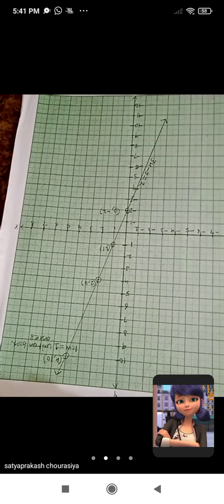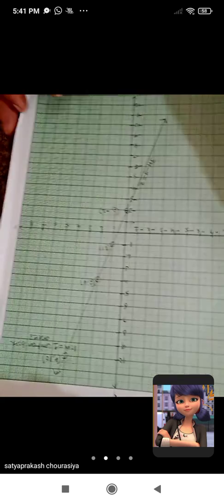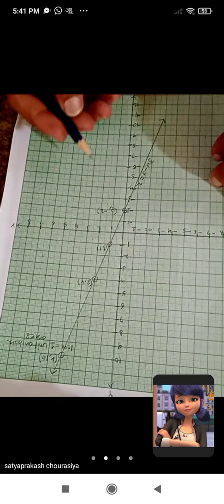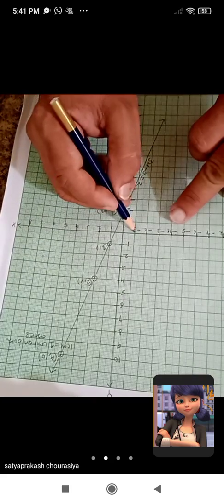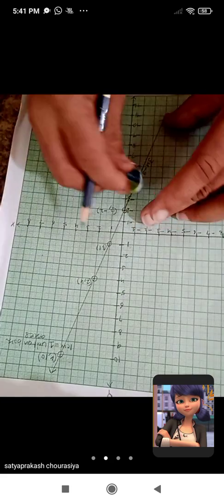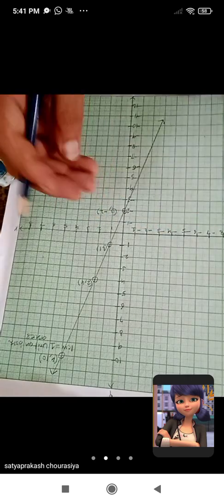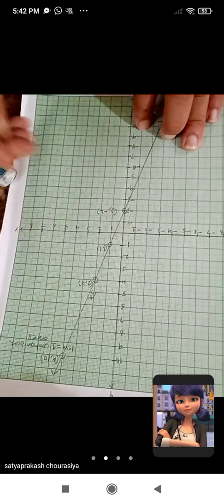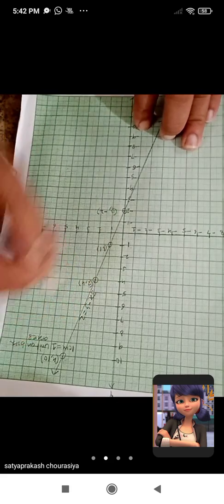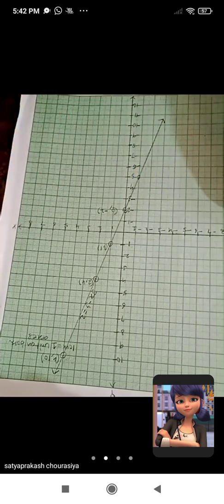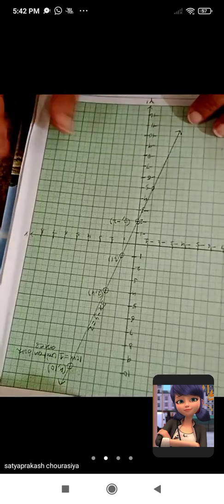Now draw the points of the second equation of this question. The points are minus 1 comma minus 5. So both values are negative, so this will come in the third quadrant. Now see the minus 1 comma minus 5. It is here. Okay. It is exactly coming on the drawn line. I am writing here 3x minus y is equal to 2. So this point is falling on the drawn line.